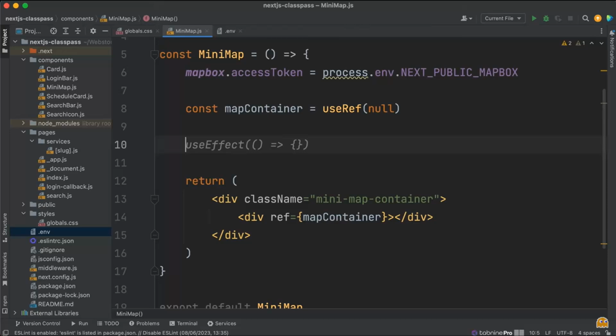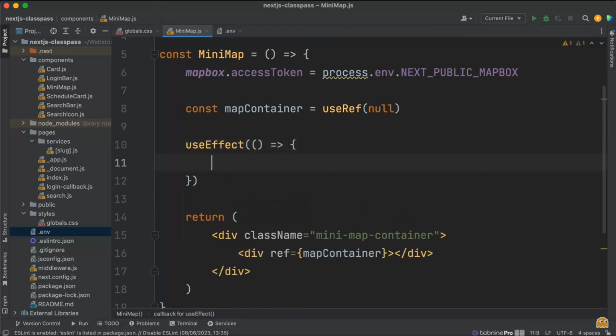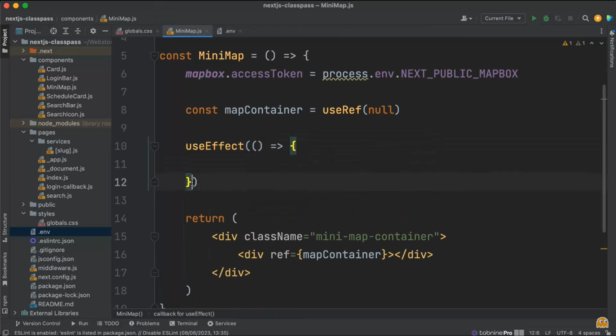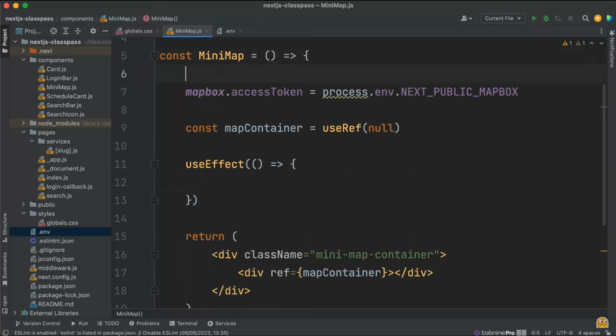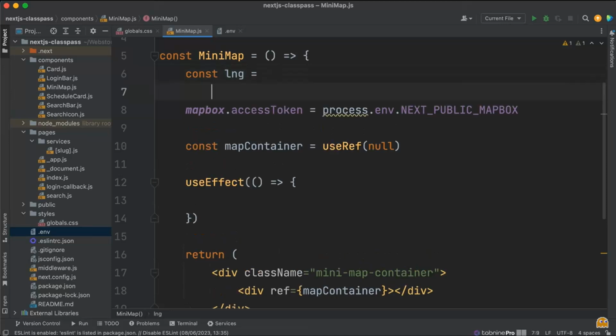Great. Now let's use a use effect in order to actually get the map and assign it a longitude and latitude as well as a zoom. So we're going to use effect. This is just from the documentation, and we're essentially going to pass through a longitude and a latitude. So for now, I'm just going to hard code it. So const long equals,